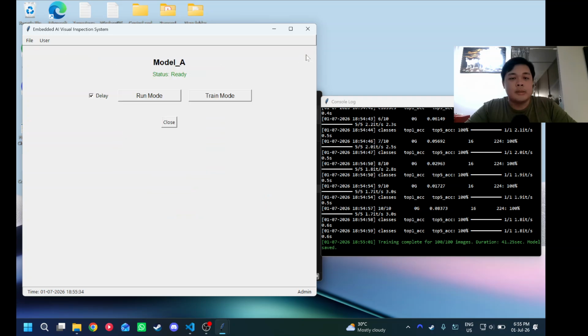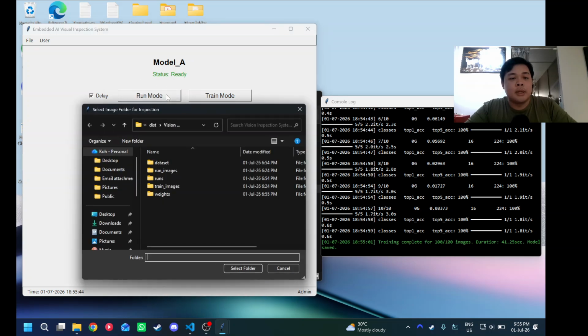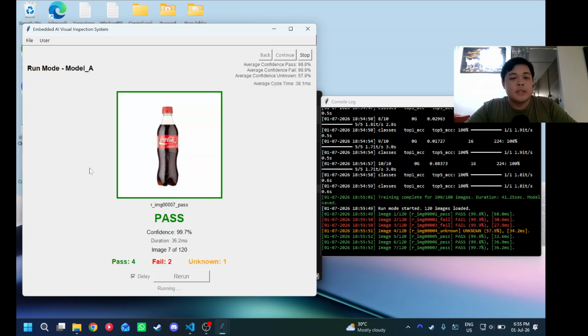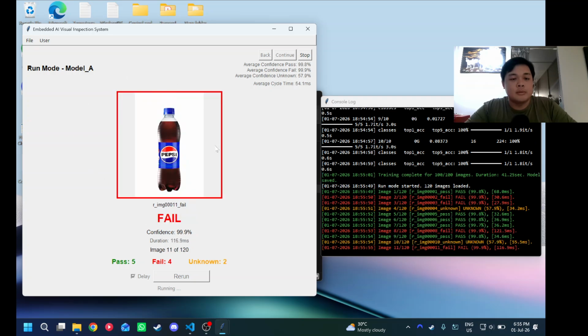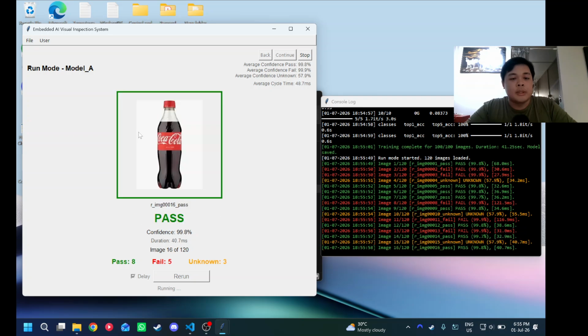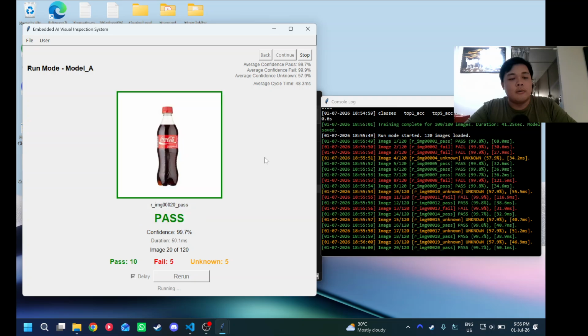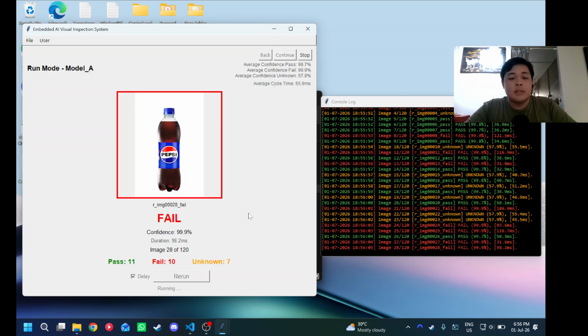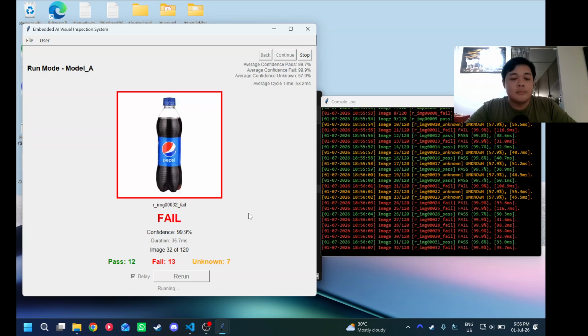So go back, and you'll see that now the status actually changed to ready, and the run mode is enabled. So let's go and run the images with the run image. So now the image is being fed through the model to compare, and the model will predict whether the image is pass or fail. And you'll notice that now there's this unknown image. This unknown image is added in